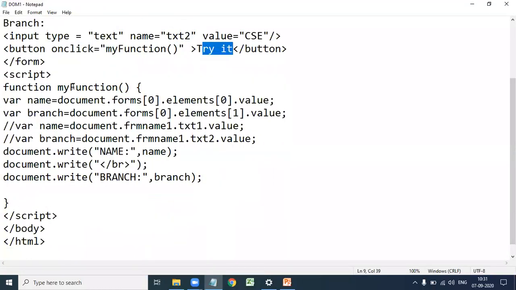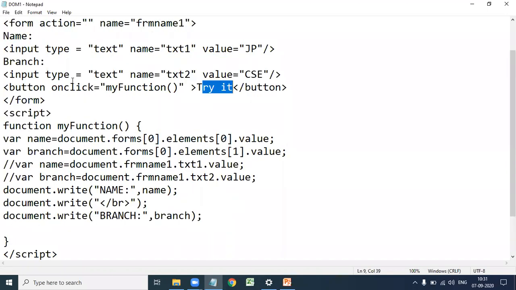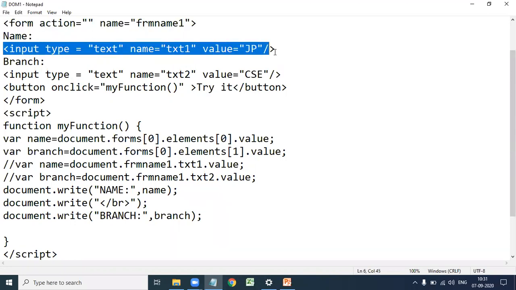Here function myFunction, where name equal to. First we are using the arrays, accessing the elements in the HTML, the text boxes in the form. See here, var name equal to document dot forms of 0, that is the form object, the first form.